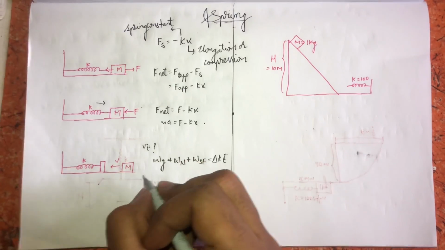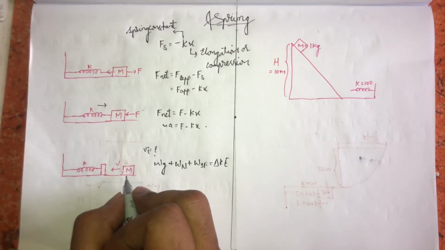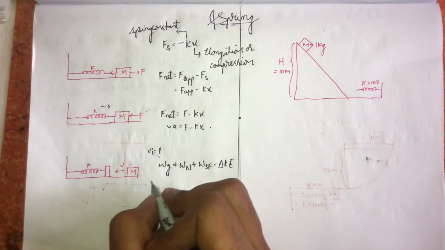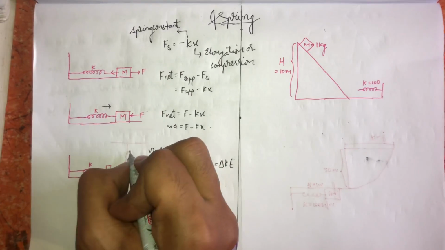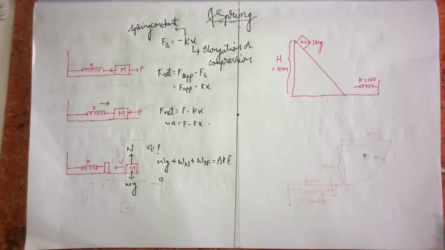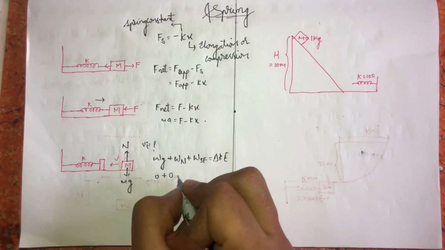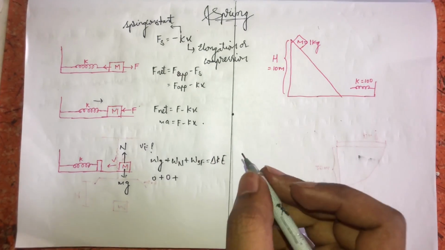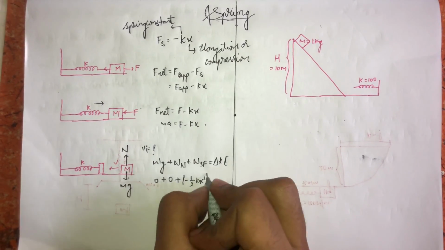Then work due to gravitation: gravitation always acts downward, and the block is displacing towards the left. So in cos theta, the value of theta will be 90 degrees, so the work due to gravitational force will be equal to 0. The normal reaction acts perpendicular to the block, in the same manner, so the work due to normal reaction will also be 0 as with gravitation. And the spring force always acts in the opposite direction. The work done due to the spring force will be equal to minus half kx square.